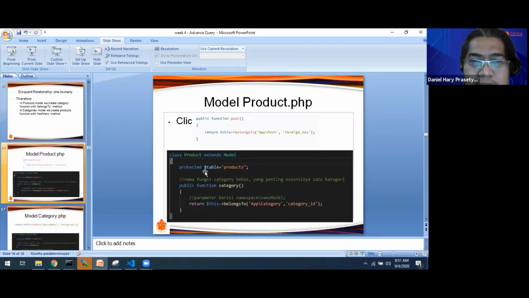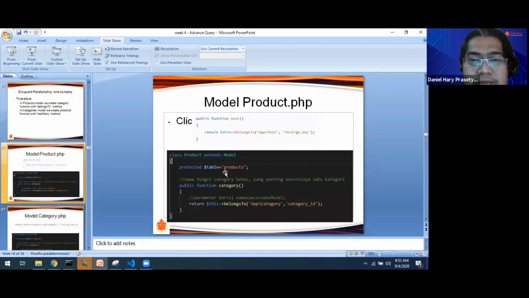Okay, there is a protected table. Actually, this one is used for overriding. If we have a product table that already follows the Eloquent model convention, actually we do not need to add this one. This is overriding.